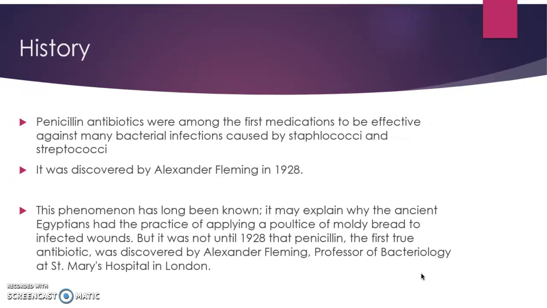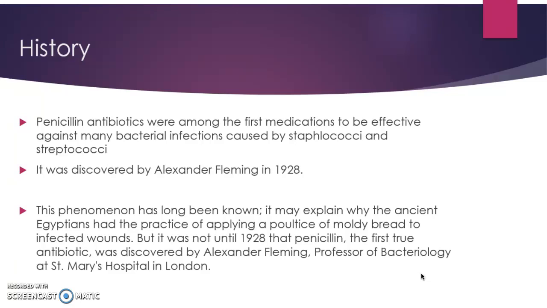Some history about it. Penicillin antibiotics were among the first medications to be effective against many bacterial infections caused by Staphylococcus, and forgive me if I pronounce that incorrectly. It was discovered by Alexander Fleming in 1928. This phenomenon has long been known, but this phenomenon meaning it being caused by the bacteria. But it may explain why the ancient Egyptians had the practice of applying a poultice of moldy bread to infected wounds. But it was not until 1928 that penicillin, the first true antibiotic, was discovered by Alexander Fleming, as mentioned above,